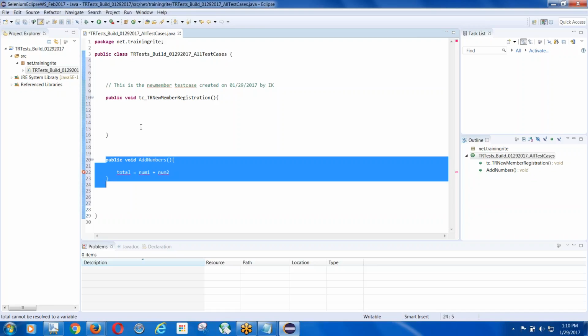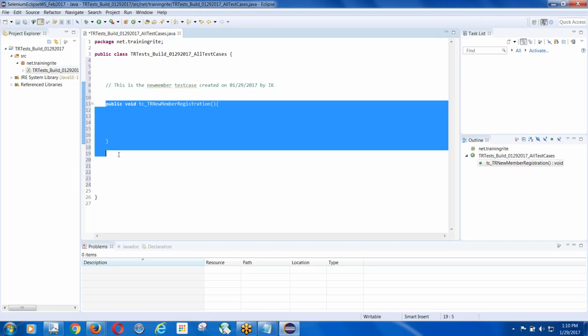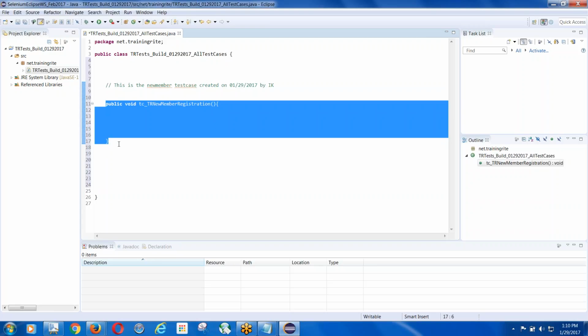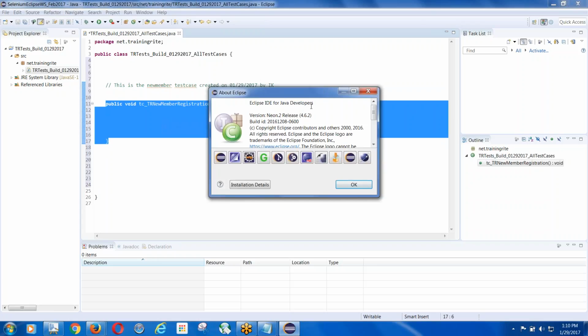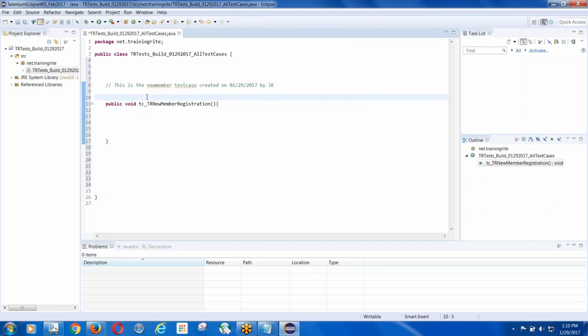How will Eclipse know that a function is actually a test case? How would Eclipse know? Not because I put a TC in front of it. So I have to tell Eclipse that this is a test case. And the reason is that developers can also use this tool, and developers are not writing test cases. They are writing some software in some functions and all that. So how can you say